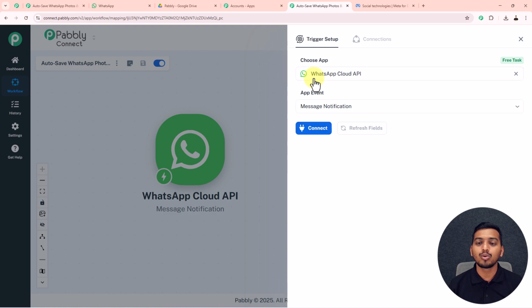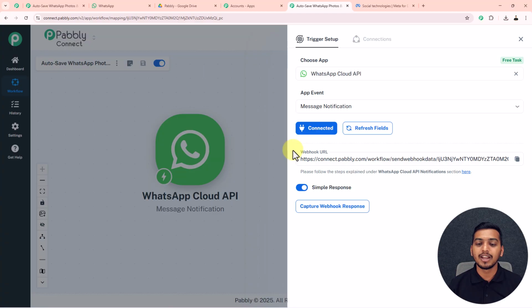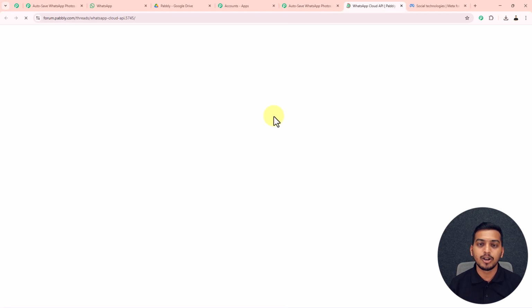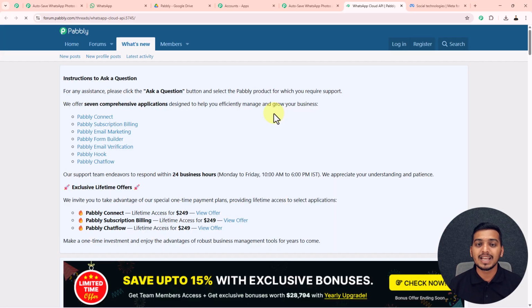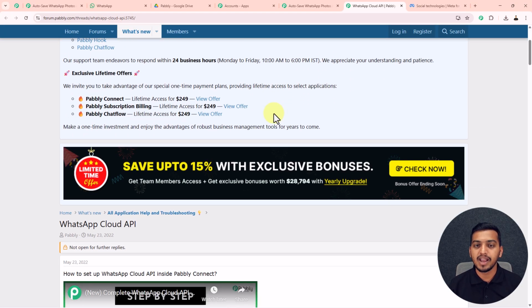And after that, to connect WhatsApp Cloud API with Pabbly Connect, I have to click on this connect button, and here you can see we have received this webhook URL. So I will just copy this webhook URL from here, and then we have to follow the steps given under this WhatsApp Cloud API notification, which will be available when I will click on this hyperlink. So I will click on this hyperlink, and inside this particular page, you will see that all the steps required to connect your WhatsApp Cloud API account with Pabbly Connect